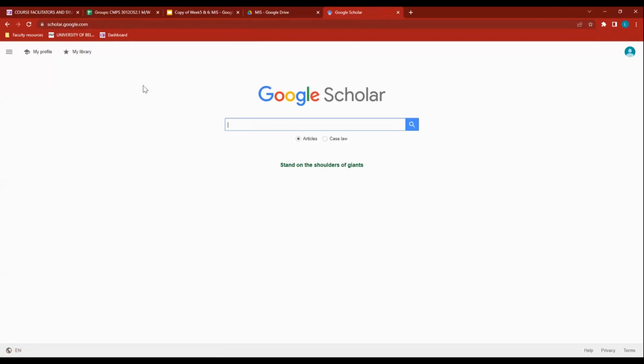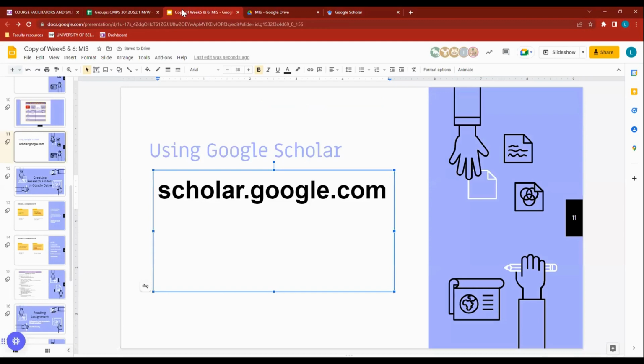It will open up your Google Scholar search page. Now you might be asking, Ms. Lambe, what's the difference between Google search and Google Scholar search? Well, this is a search for scholars. This one gives you the specific articles that have been published by academics, and that's what you're looking for. You are looking for academic papers, and that's why we're using Google Scholar and not just plain old Google. When you come in here, you will be able to find a wide array of resources.